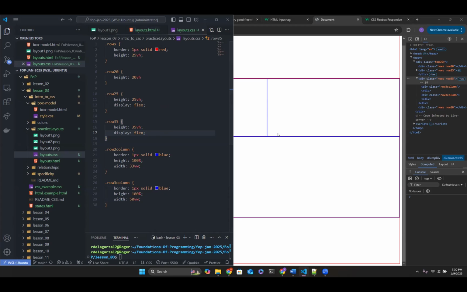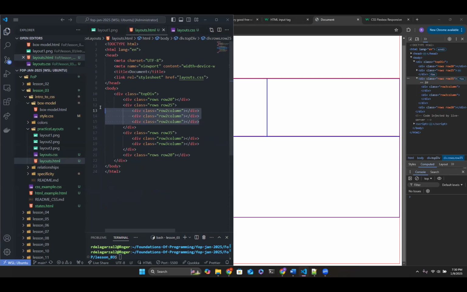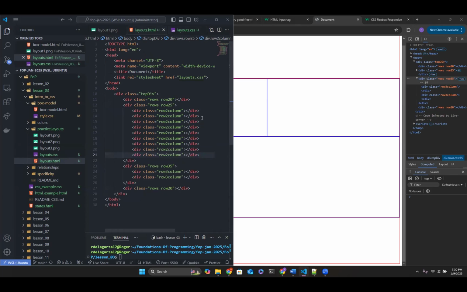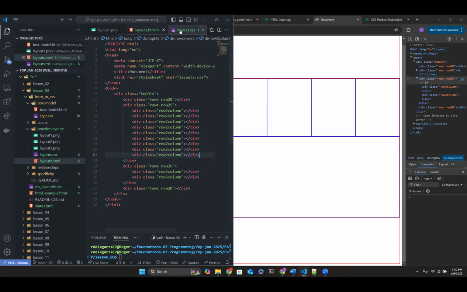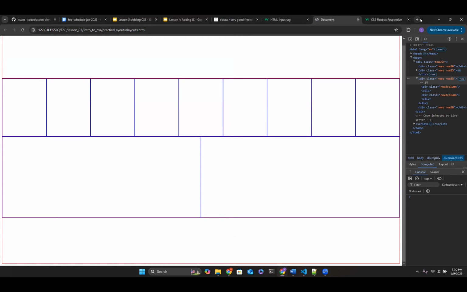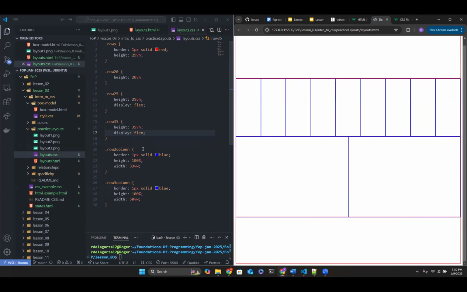And let's give it a try. Let's add more boxes in here, more than just 3. Let's add 6 more, right? And now we see that it's looking a little weird. Let's go to the CSS. Flexbox is a little bit more responsive, which is why we really enjoy Flexbox, right? Because you don't have to specify the exact math on the width. So if we come here for the column, I can say